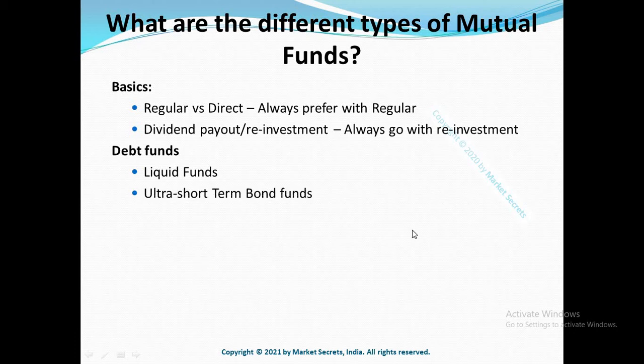The next one is ultra short term bond funds. These funds invest in bonds with a maturity of 3 to 6 months in most cases. They can invest in government as well as corporate bonds. The next one on the list is Gilt short term bond funds. These are the funds which invest exclusively in the short term government securities. They are safer from credit risk than the funds which invest in corporate bonds. This is because they are investing in the government securities.